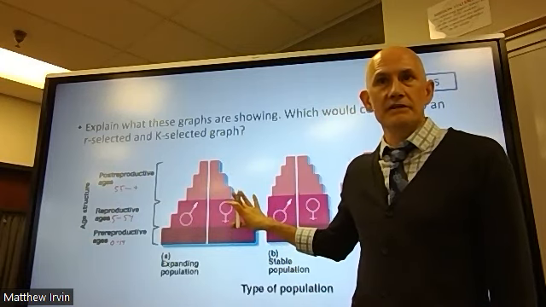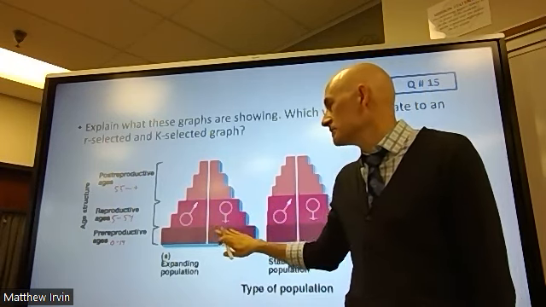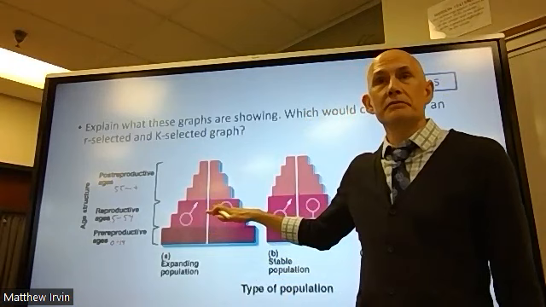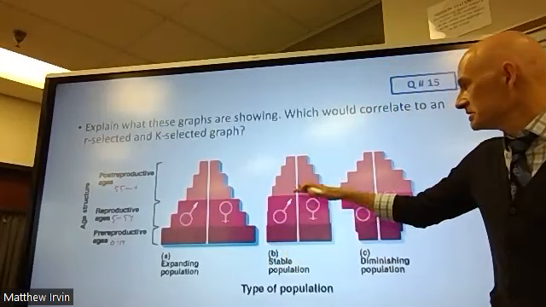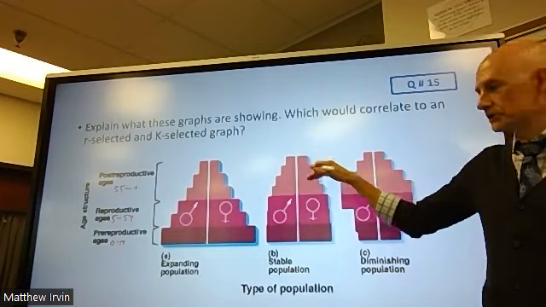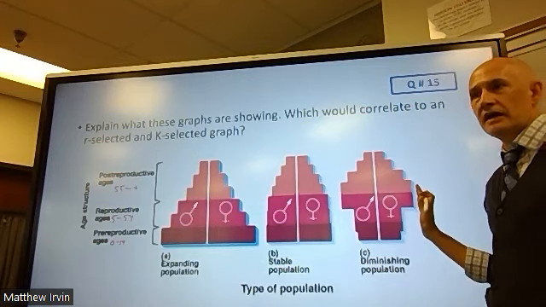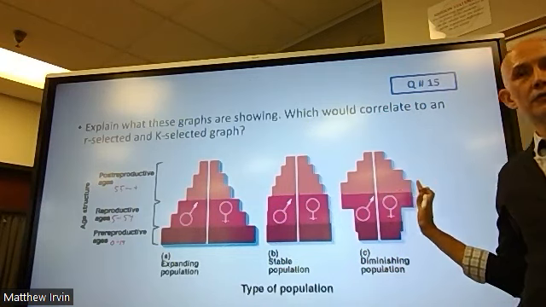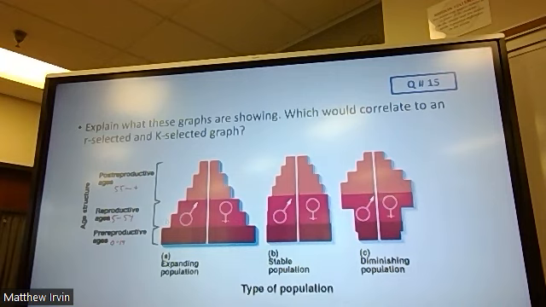If this got an influx of food and medicine and a more stable economy, then all of these young people would make it to the reproductive stage, and your population would start to really grow. More stable populations are like an industrialized, probably first world country, and then this is a highly developed country that has gotten beyond that, where they're at negative growth, with people having fewer and fewer kids.